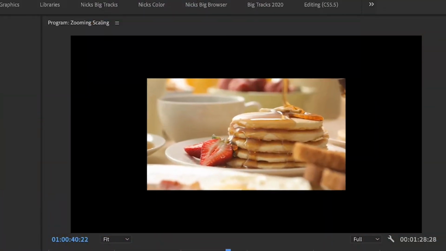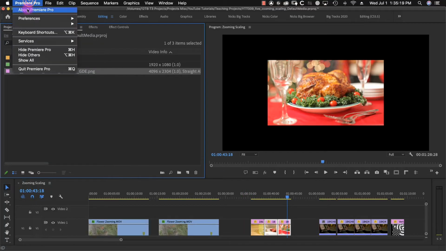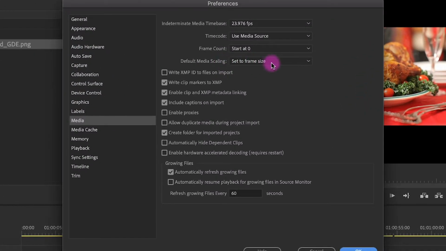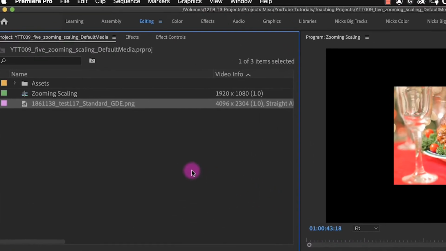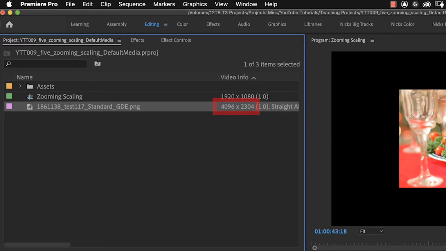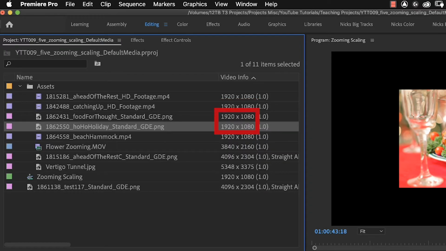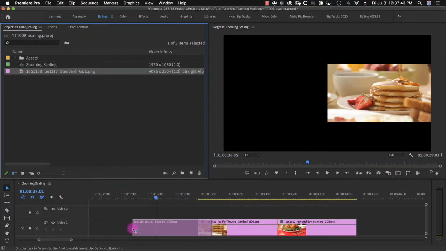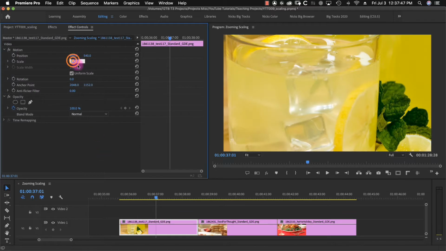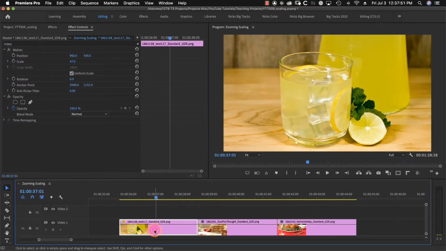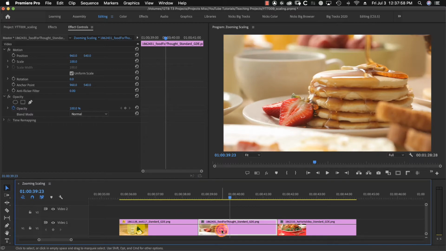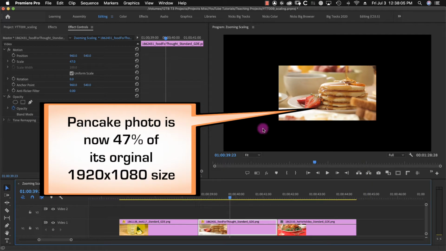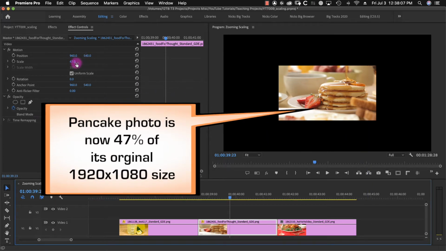So the reason that happened was I had imported this lemonade photo with my default media scaling preference on set to frame size, and my lemonade photo is 4096 by 2304, whereas my pancake and chicken photos are both 1920 by 1080. So when I drag my lemonade photo into the timeline, I had to scale it down to 47% of its full size. And then when I pasted my scaling from the lemonade to the other 2 photos, they started out at the same size as the lemonade photo at 47%,